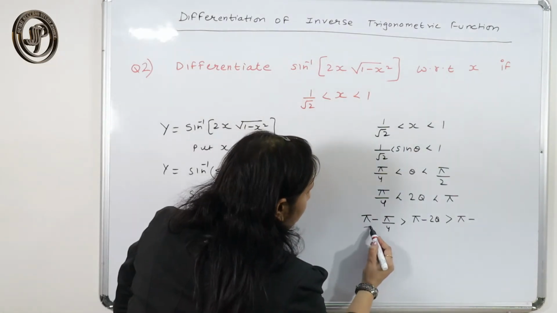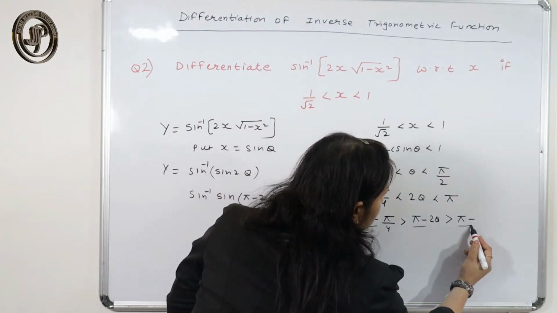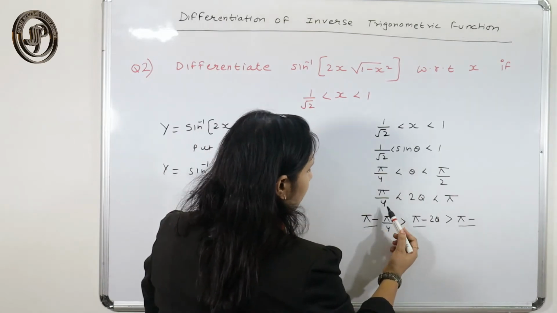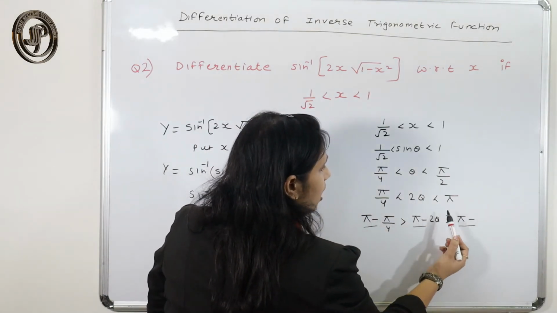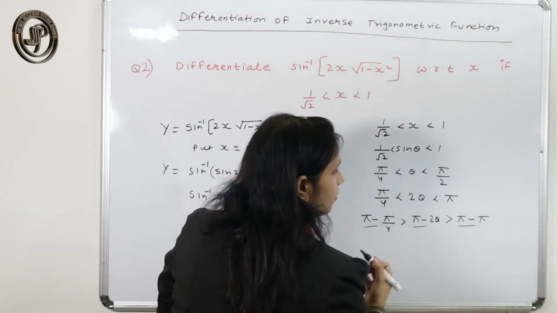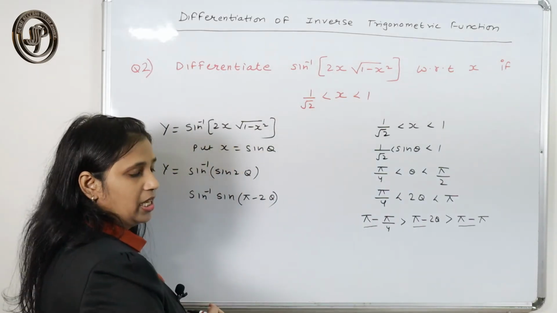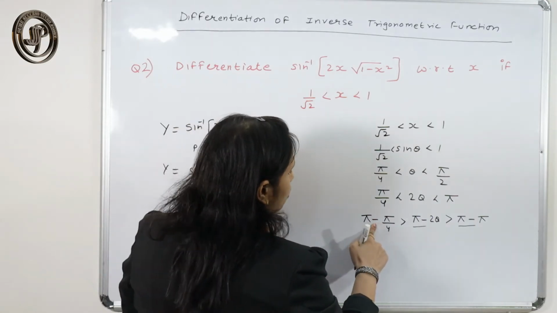Right? This is my pi minus, pi minus, pi minus. Think it over. And pi by 4, 2 theta, and here pi. Right? So you just have to understand what I am writing here. So now,